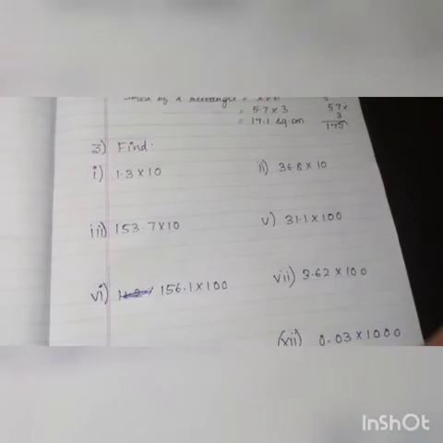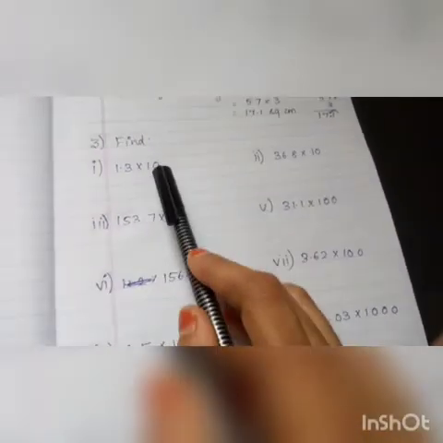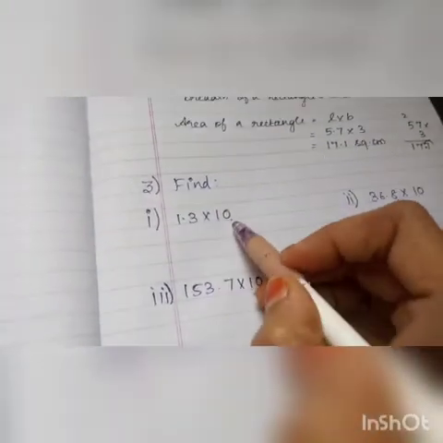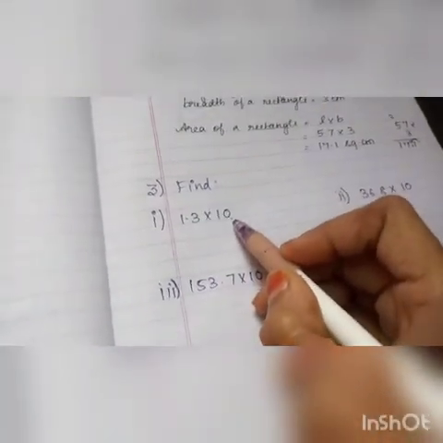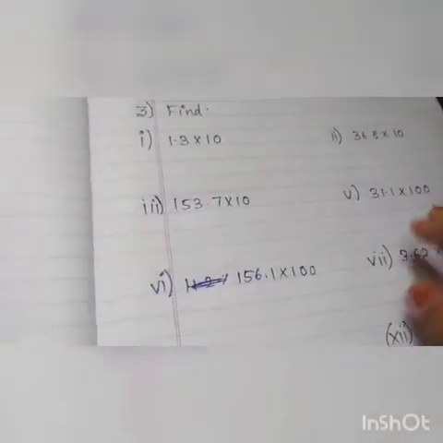Next is your third question. What is the third question? We are going to multiply a decimal number with 10, 100, 1000 like that. So you don't want to multiply as usual like we have done before. I'll give you a trick to solve it. Into 10: what you will do is shift the decimal point.